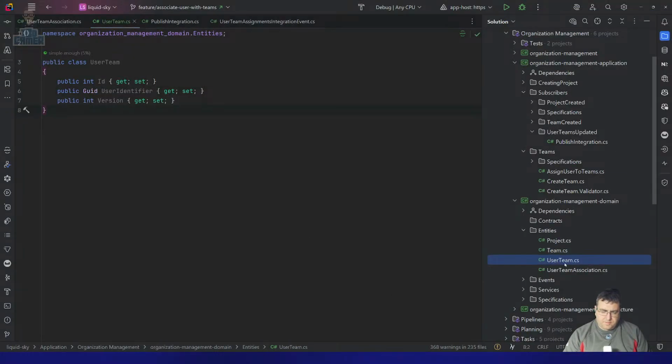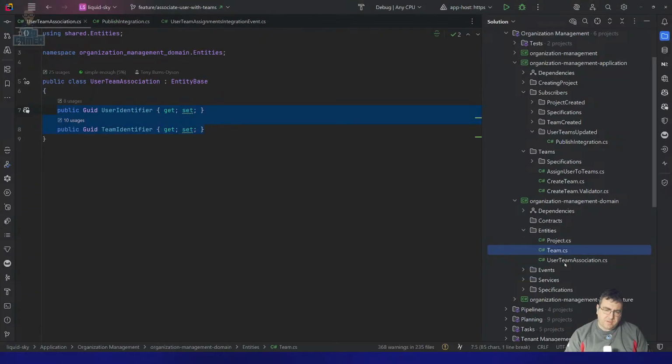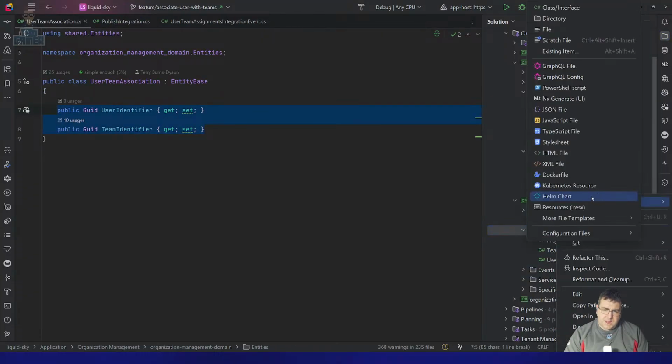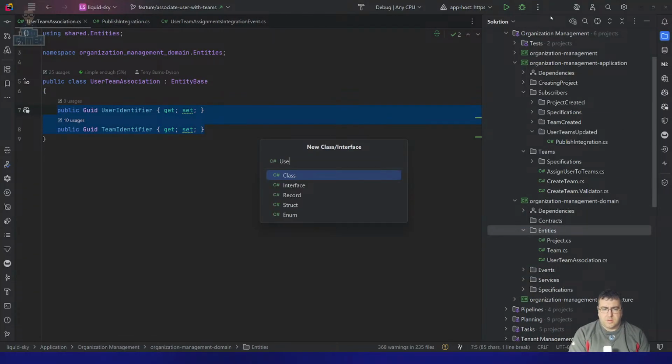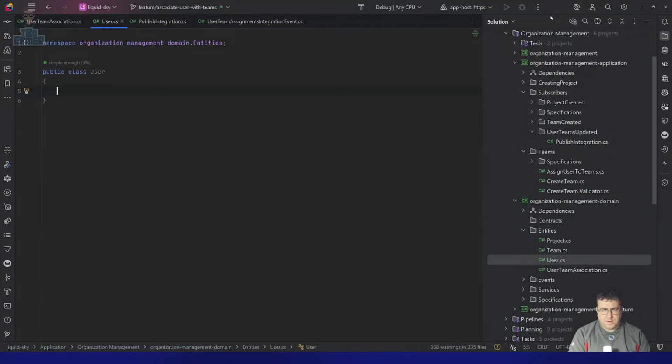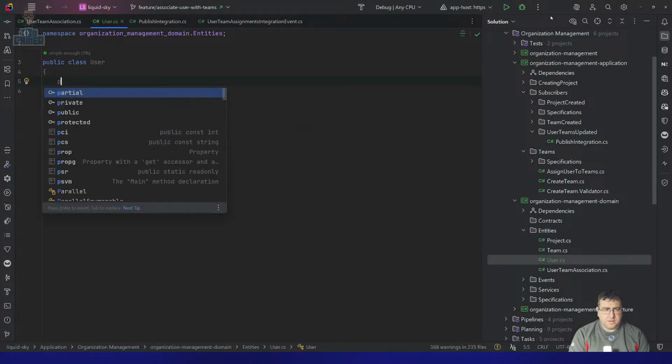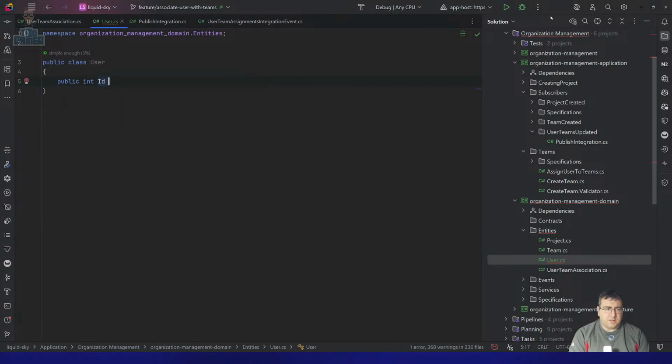No, I don't like the user team. That's not a meaningful object. Now, to have user in here, public ID,